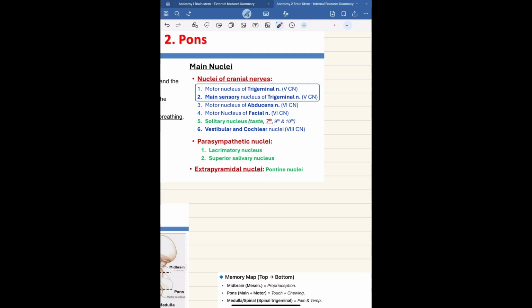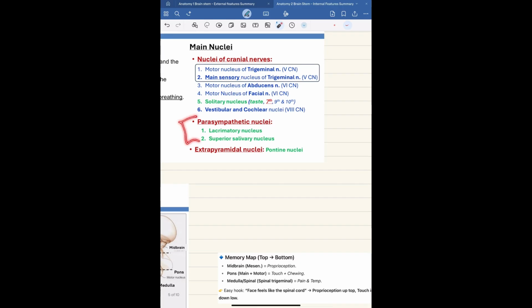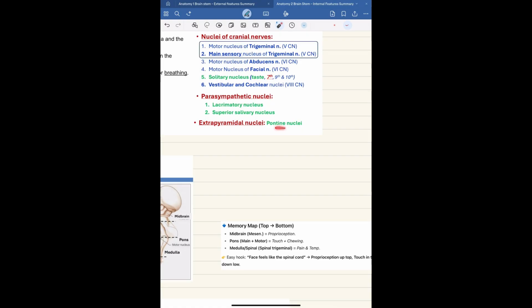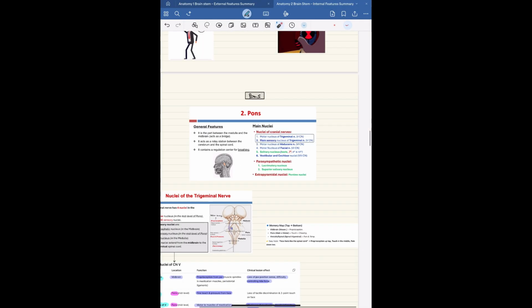And you got motor of abducent, yeah, we talked about it, makes sense for it to be in this cut section. You have the facial, also makes sense. Here you have something new, you got solitary nucleus, we'll talk about it in a second. You got vestibular and cochlear nuclei, yep. Then parasympathetic, these are new, like the lacrimatory nucleus and superior salivary nucleus, and we'll talk about that soon. And you have the extrapyramidal nuclei, the pontine nuclei. Okay,